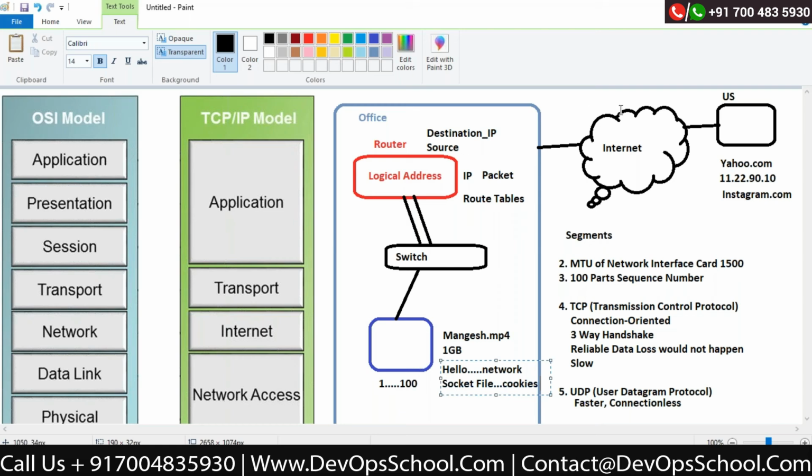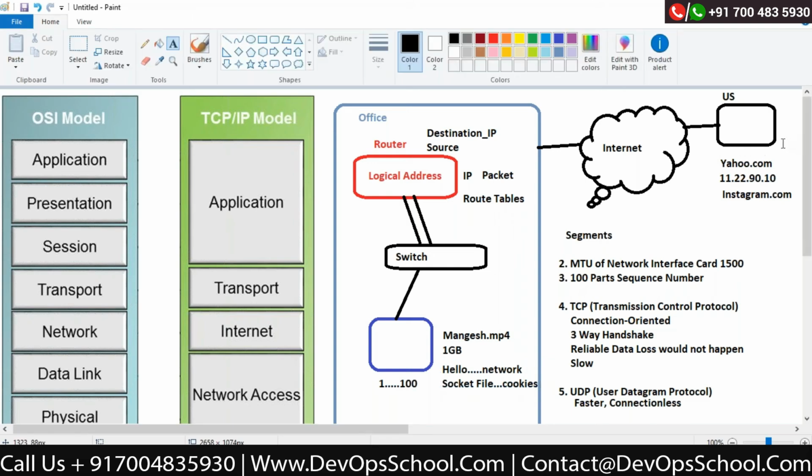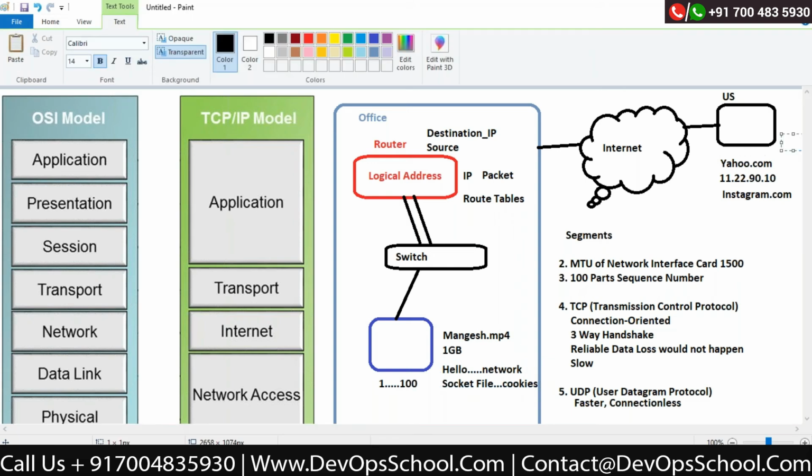This hello goes to my destination, and it will generate one more file on the server as well, the same connection file. And it will respond back to that hello. I said hello, it also said hello. But while creating this hello, it created one session as well.